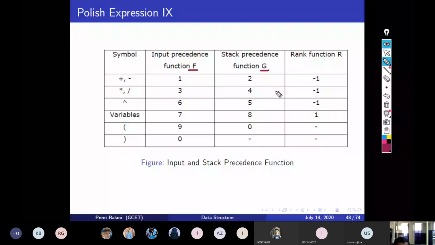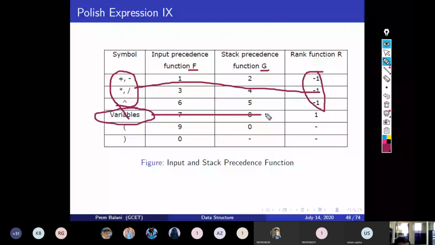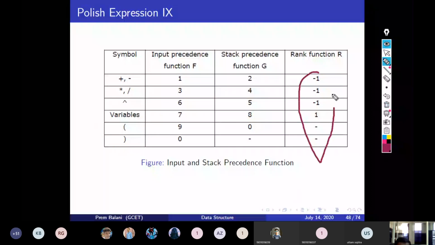And rank is the same as the previous one. For all the operators, the rank is -1, and for all the variables the rank is +1, and for other special characters the rank is not defined, right? So this rank is the same as the previous algorithm.